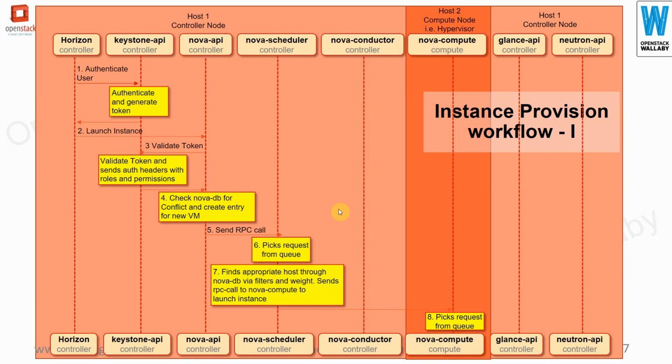This workflow is very interesting and very important to understand. See, this is actually the flow, how it works. Instance provisioning workflow. You want to launch an instance, what exactly happens? Step number one,